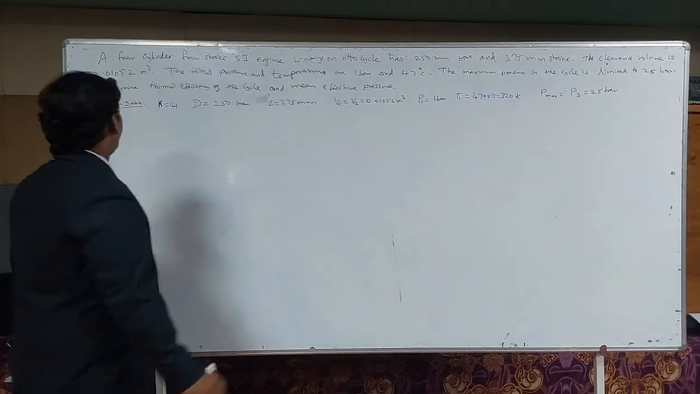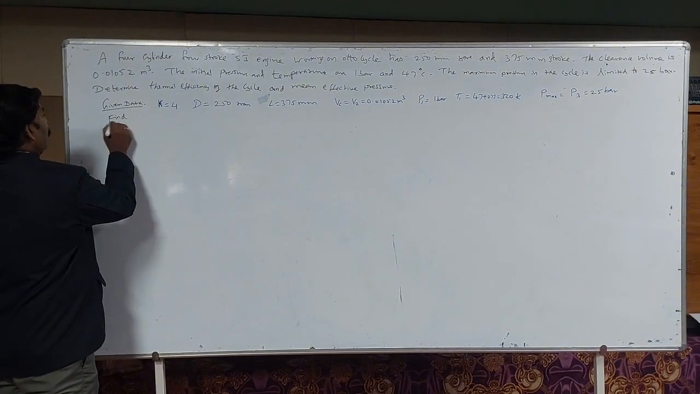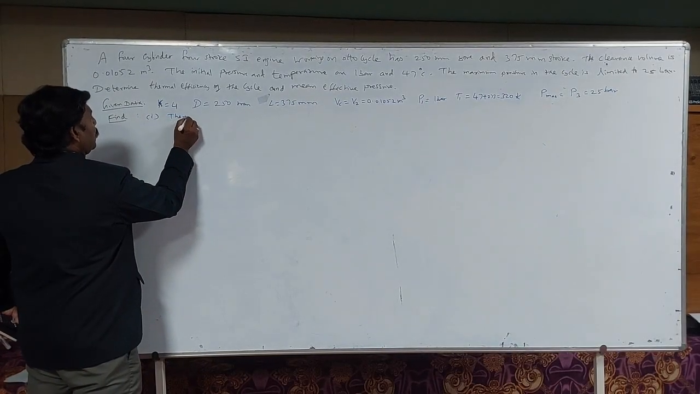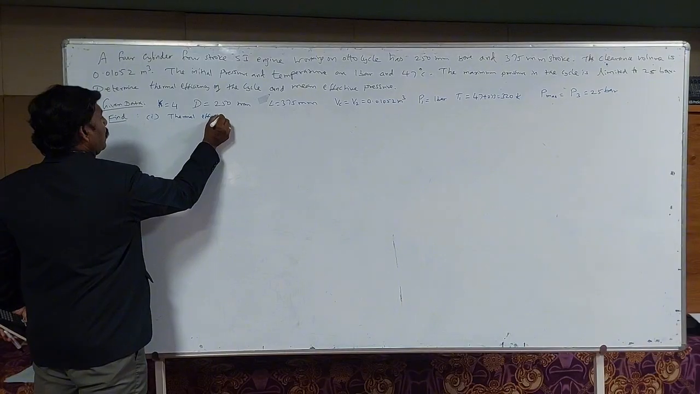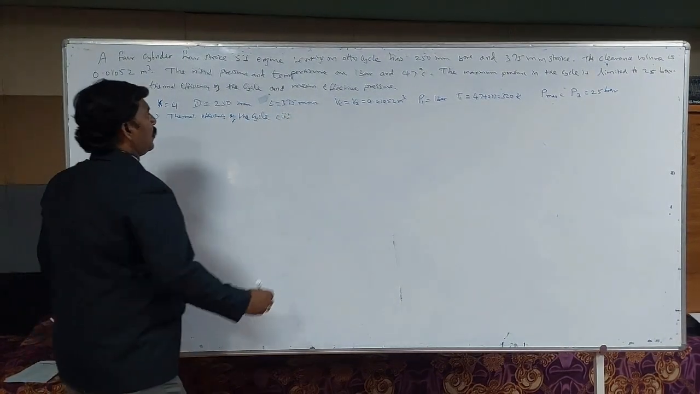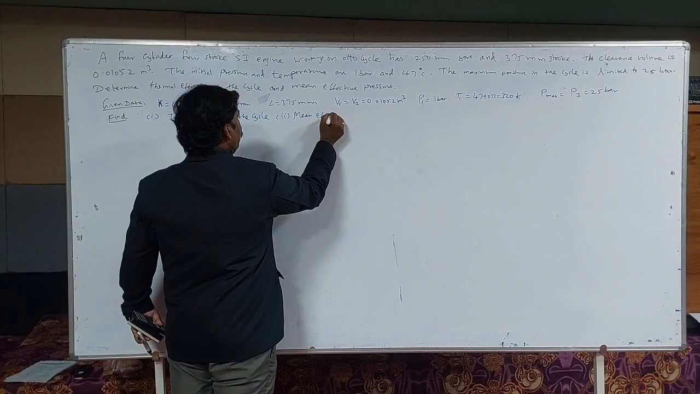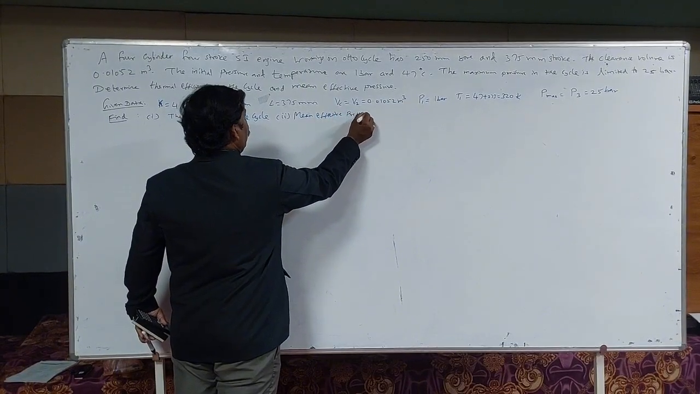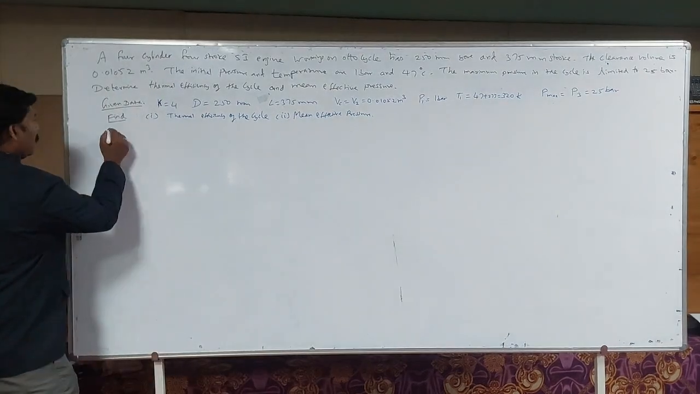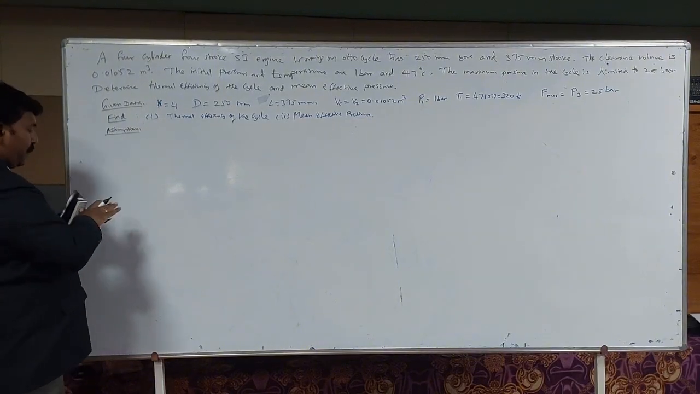And now we have to find case 1, thermal efficiency of the cycle, and case 2 is the mean effective pressure. So we have to start with some assumptions. The assumptions are: